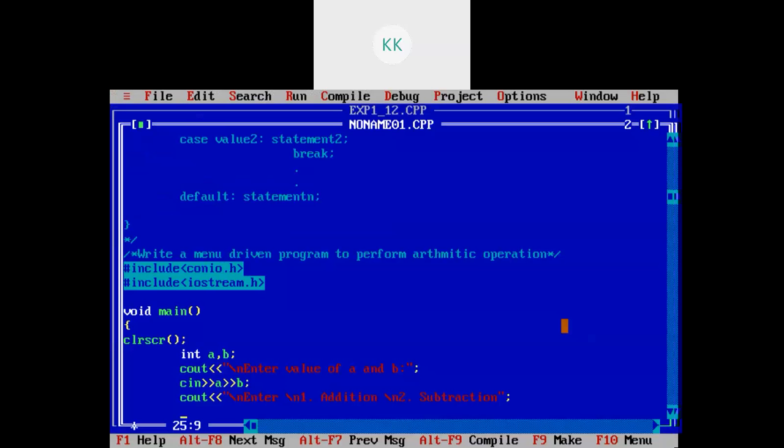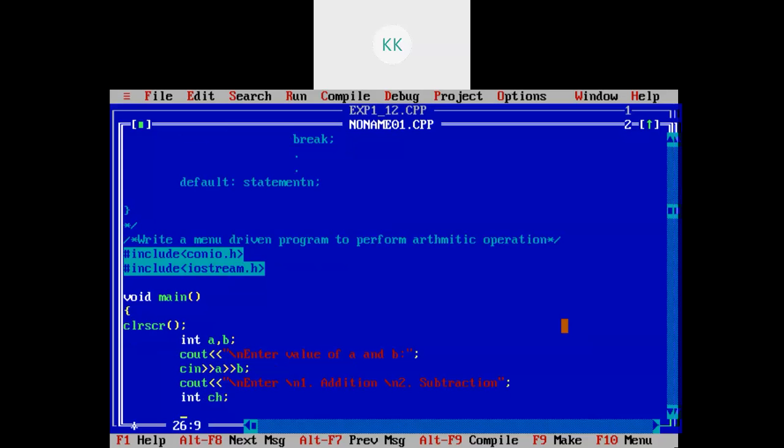Okay, so I have written here, you can have two options, that is addition and subtraction. To input I will take one more variable ch, and cout, I will read this ch, cin ch.